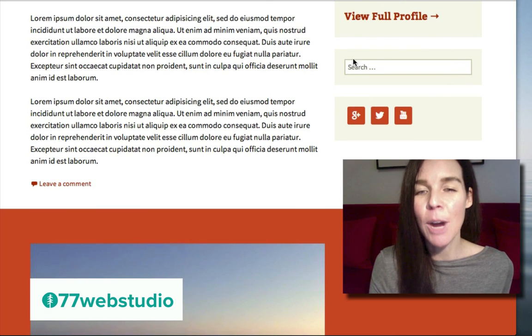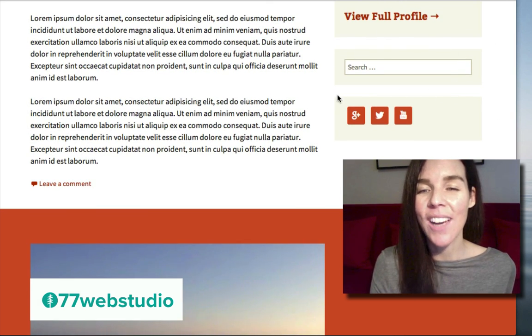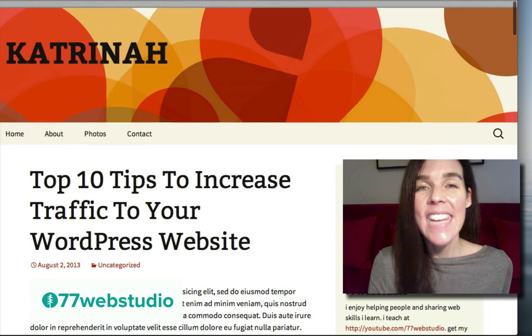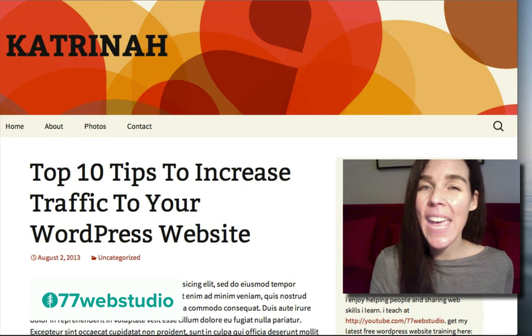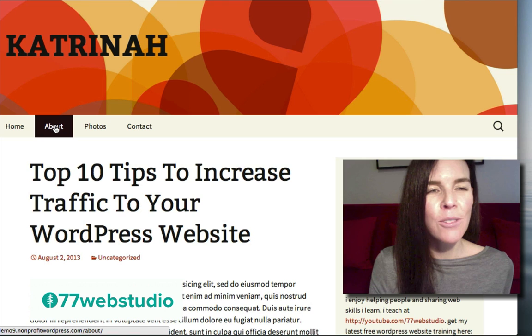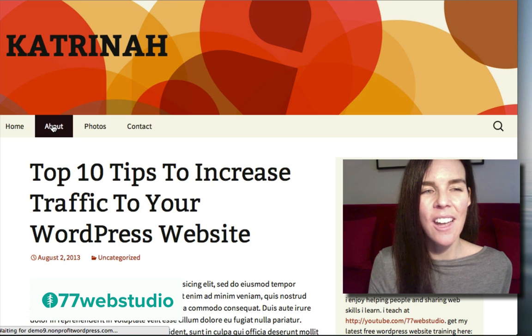And also in the sidebar, we'll also add those social network icons as well once again. Now, most likely you'll want to add some different pages, internal pages, so I'll also show you in this video how to create pages on your WordPress website. So starting with the About page, I'm going to click on that one right here.